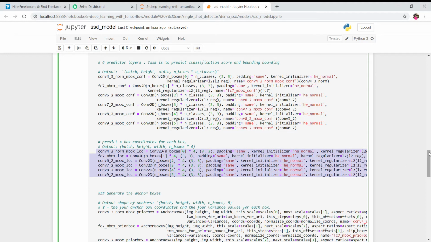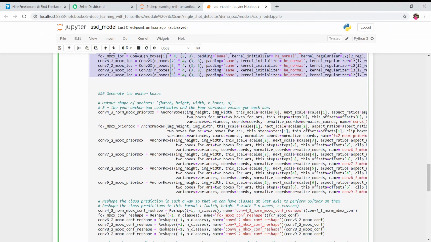And after that, in these 6 variables, again if you see, starting from here till here, these are the 6 variables again, and these 6 variables are creating anchor boxes for each prediction layer.